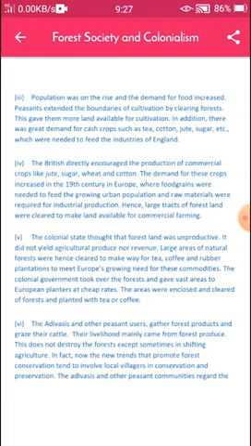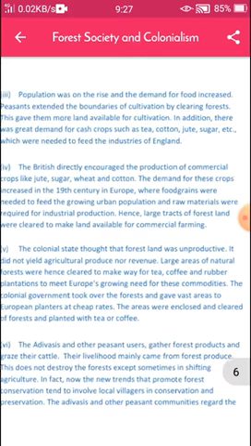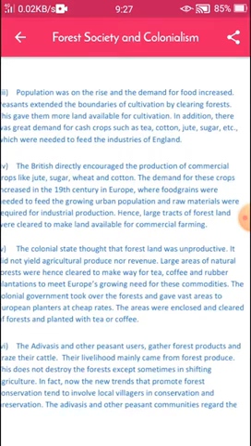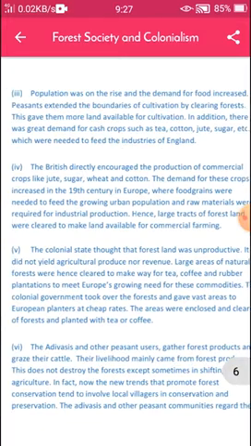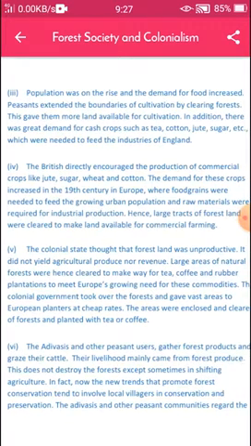Population was on the rise and the demand for food increased. Peasants extended the boundaries of cultivation by clearing forests. This gave them more land available for cultivation.